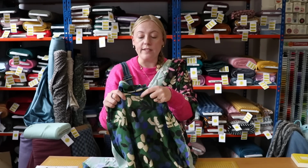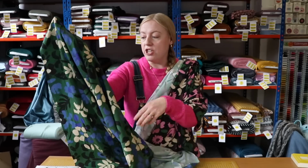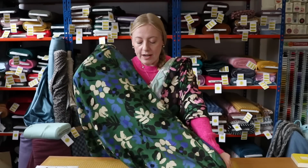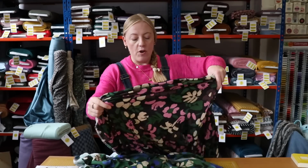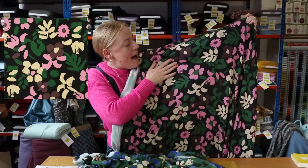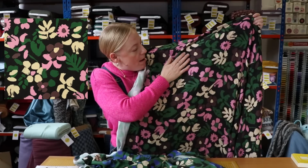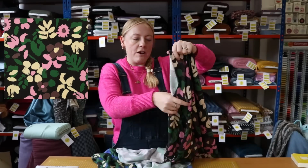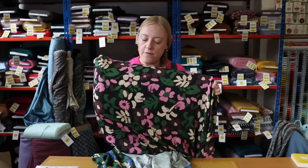Now what's great about viscose twill is it's a little bit heavier than what you find from a lawn or a viscose challis, and it means that it's really suitable for when it's a bit colder outside. So like I said, we've got this lovely green colourway, and then we've got this colourway that has a black background and then has pops of green, pink and almost like a dark purpley plummy colour running through it. So you've got your choice of what sort of colours you like, but you still get to use the print as well. It's non-directional, and because it's that bit heavier, they're both opaque, so you won't need